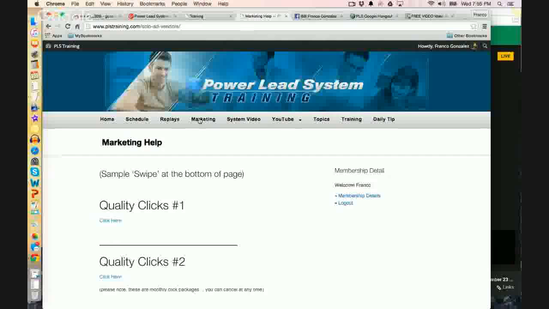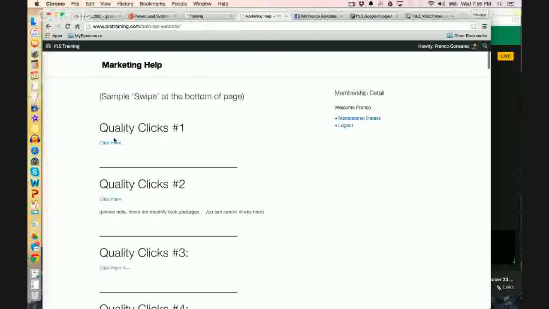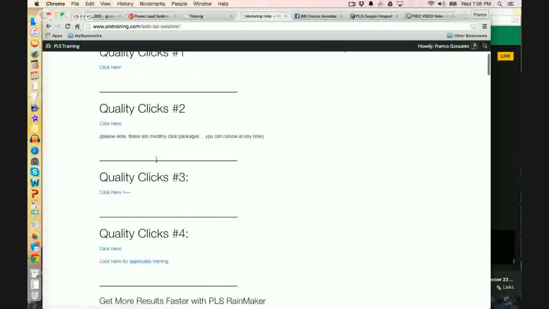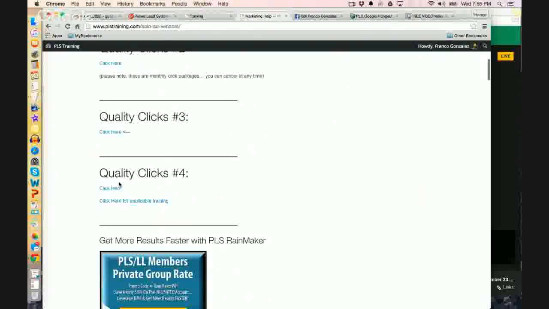That's what you're doing. Instead of you having to figure out how to do all the marketing, the networking, the advertising to build a database, they've already built one and they rent it to you. Just pay them and they send you traffic commensurate with how much you paid. So there you go. So we have clicks, quality clicks, number 1, resource number 2, number 3, number 4.